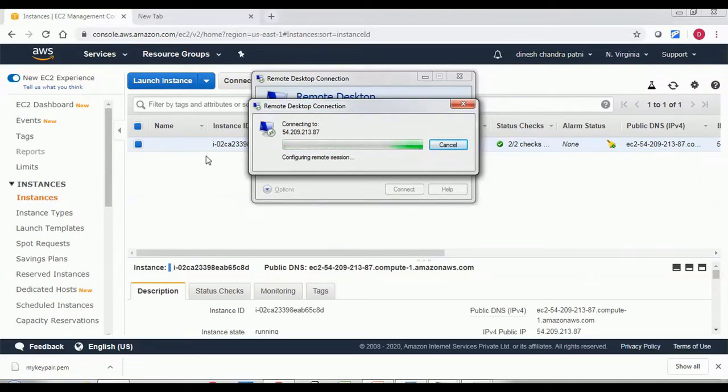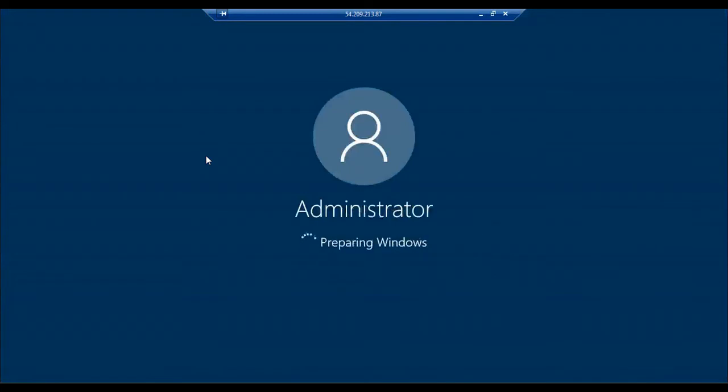If you take a remote desktop session, you will have access to this PC. So we have created this Windows server within 5 to 10 minutes. It is readily available. You can use these services, and you are charged according to the time you use them. If you have a free tier account and use free tier services, you will not be charged.